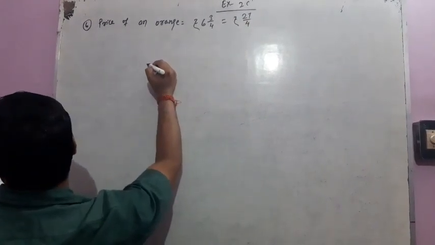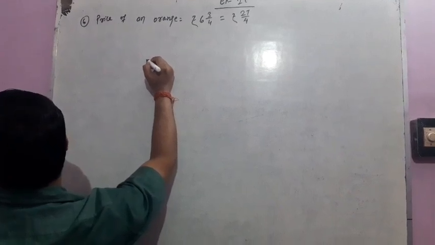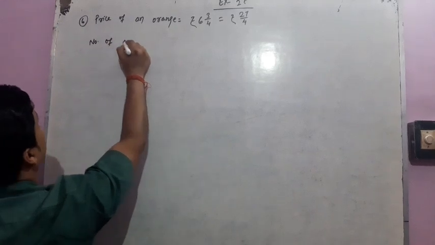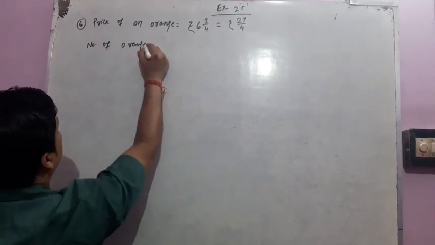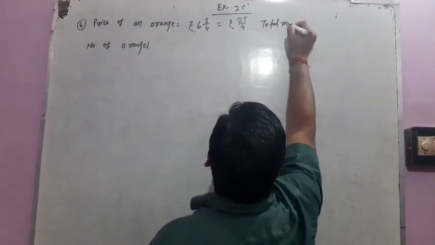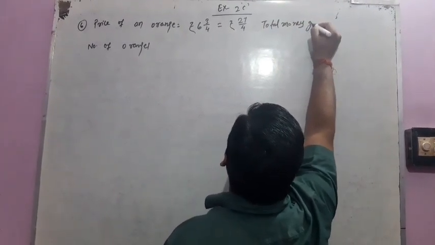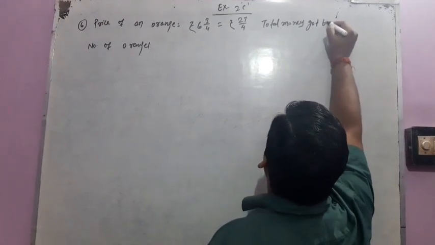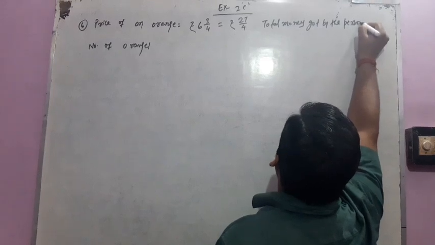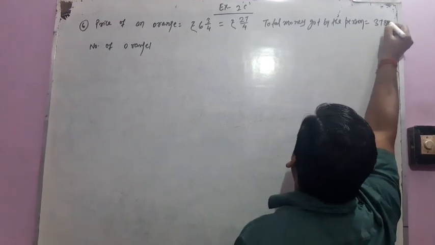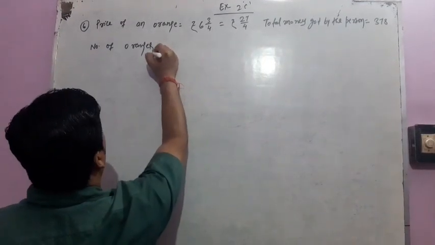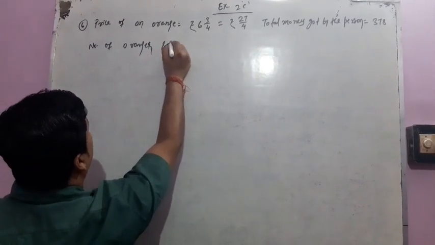A man gets rupees 378. How many oranges does he sell? So number of oranges, total money got by him, got by the person, that is 378. Therefore number of oranges sold by him,